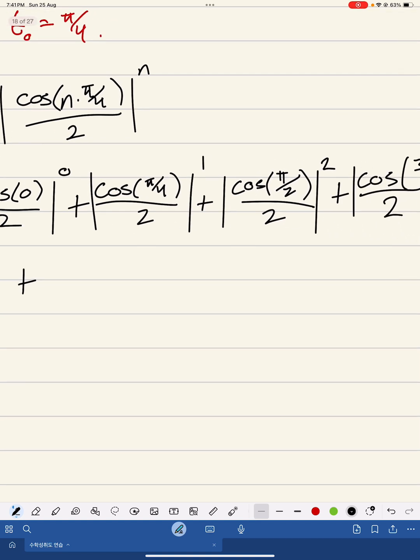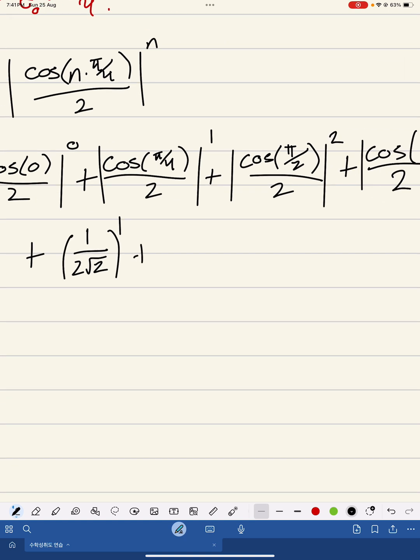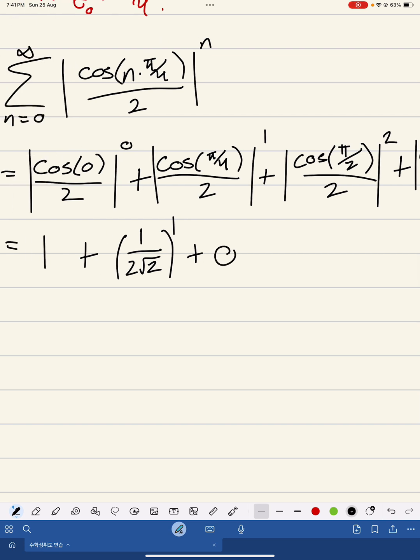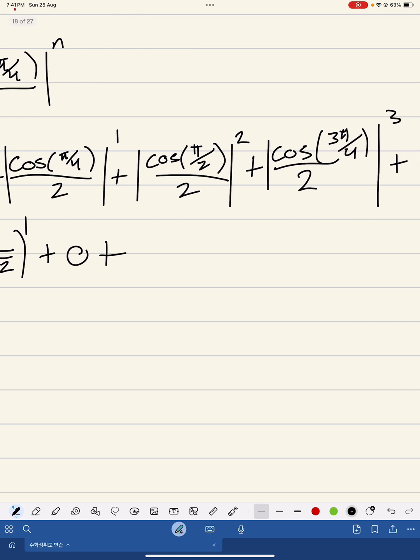So if we look at this term, cosine of pi over 4 is root 2 over 2, I'll write it as 1 over 2 root 2 to the 1 power. Cosine of pi over 2 equals 0, plus 0,